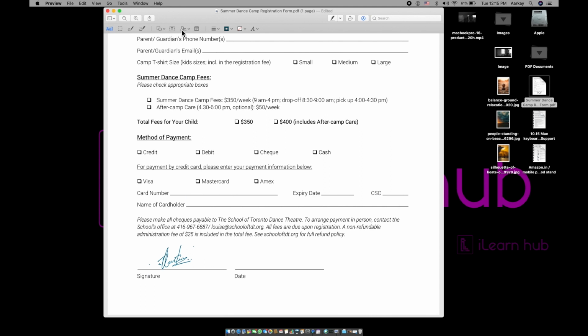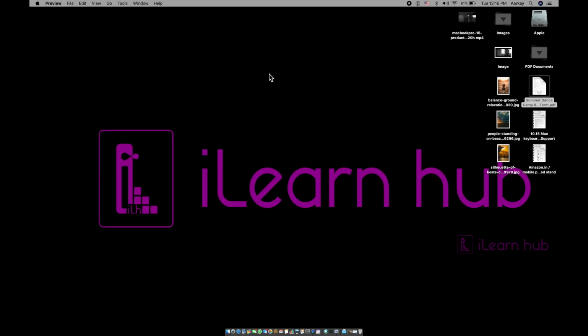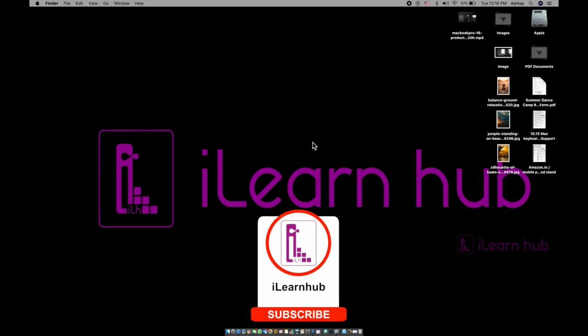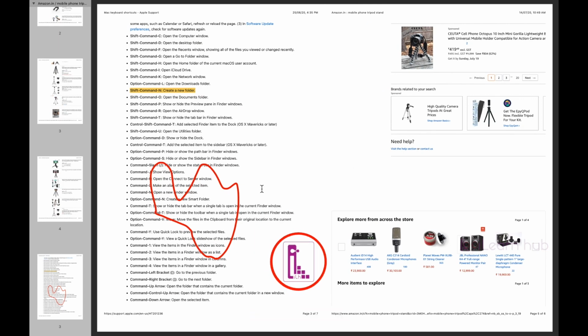And if you want to add the stamp, so if you are working for an organization, if you want to add the stamp, you can do it like this. Just simply select and then drag and drop into this one. So this is how you can add a signature or you can add a stamp to your PDF files. So it's much easier than printing the document, signing the document, and then scanning it again and then making it as a PDF or JPG, which is unnecessarily waste of time and waste of energy. Instead of that one, use the digital signature, which is part of your preview application so easily.